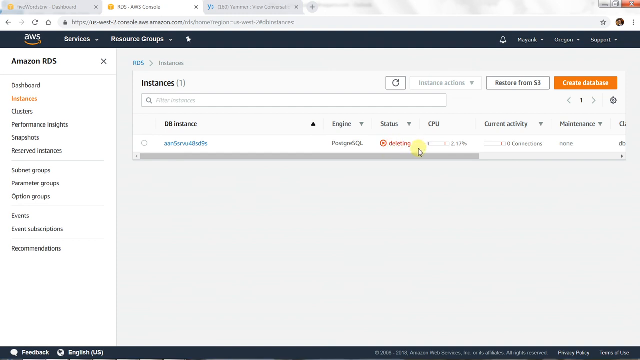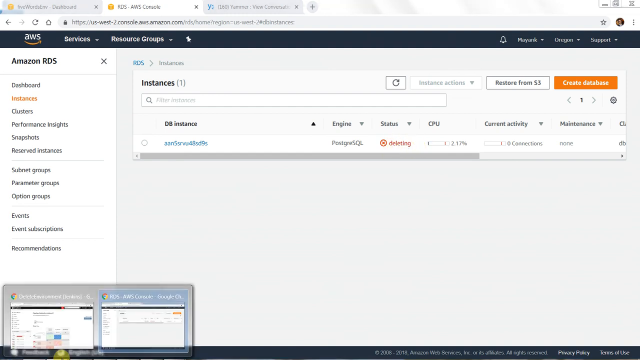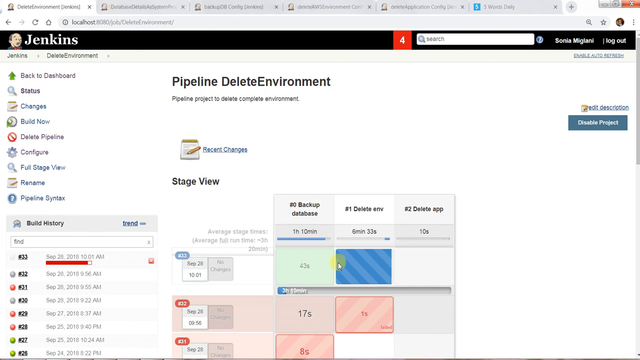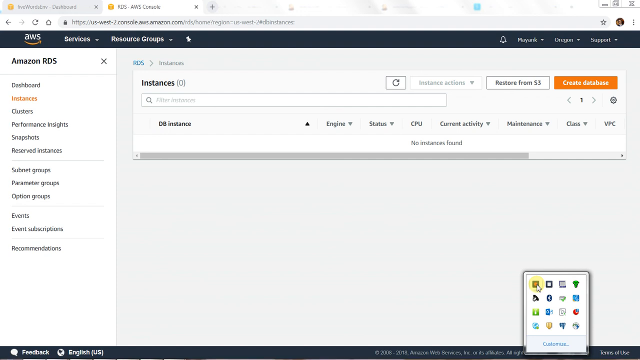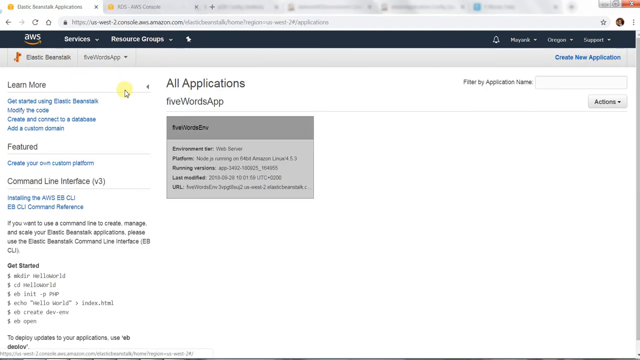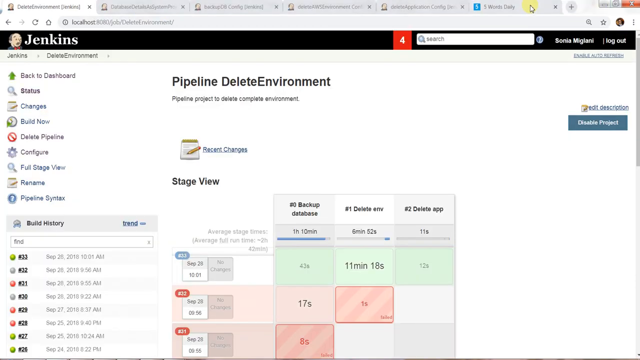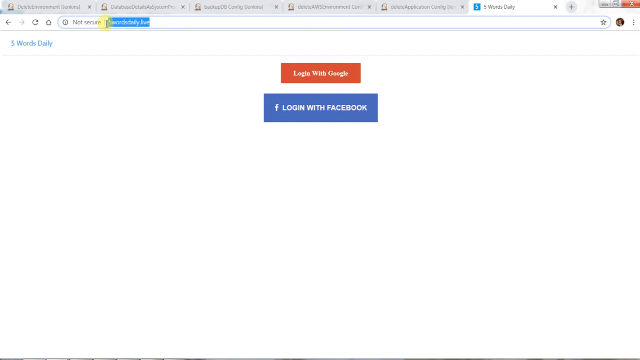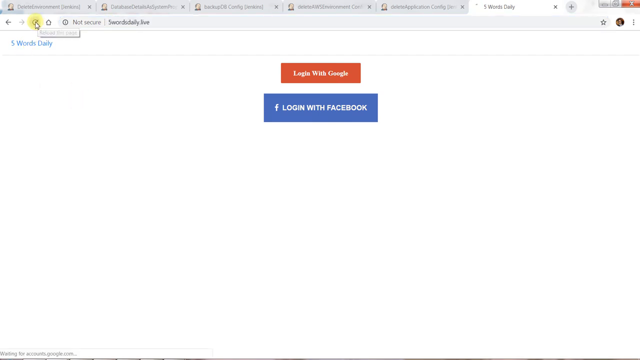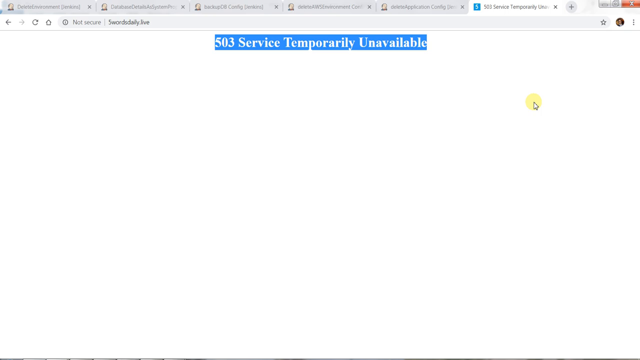So let's go back to the job and wait for a few seconds. So it's almost 10 minutes and the database is deleted. If we go to Elastic Beanstalk and do a refresh, we can see that our application is also gone now. And if we go to 5words daily.live and refresh, the service is unavailable, and the delete job was